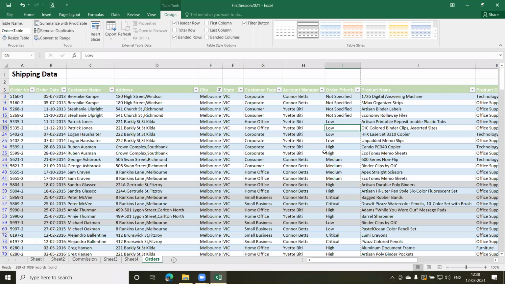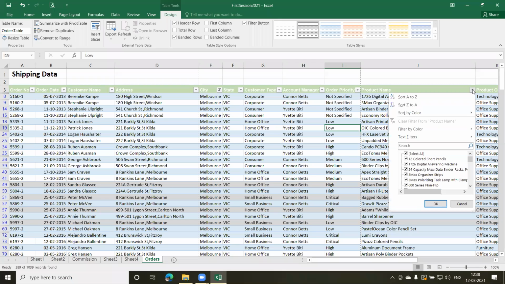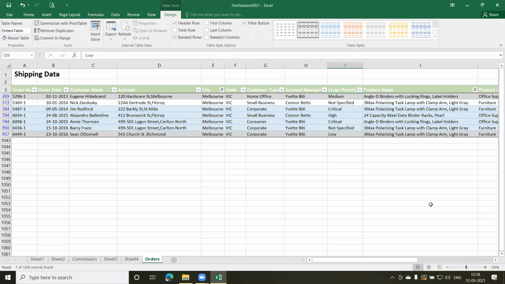Let us say the product. If he wants to see only a particular product, I'll come here and remove or select all. Let us say he wants to see only this one, or let us say two, three products. Let us say this one more. Let us select something from down here and this one, click OK. So I get only those products which you would like to see. Then you can do your analysis based on this.